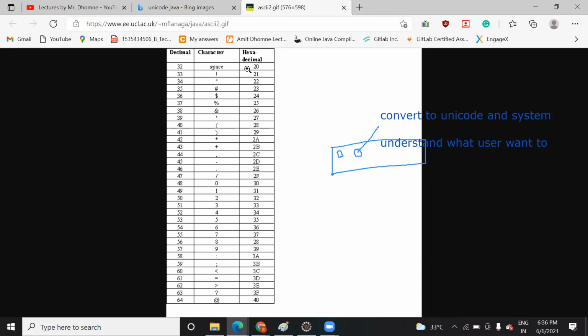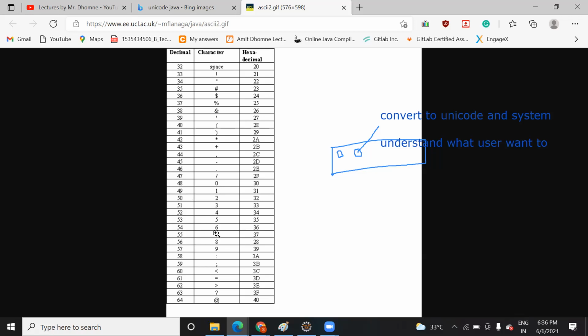You can see space is equal to 20, the exclamation sign is 21, hash is 23, the dollar sign is 24. So these all have a representation. Similarly, 0, 1, 2, 3, 4, 9. In ASCII, you write like this: 49, 50, 51, right?